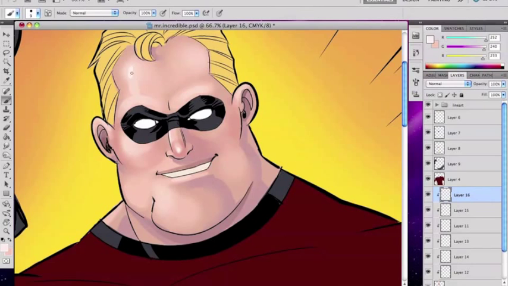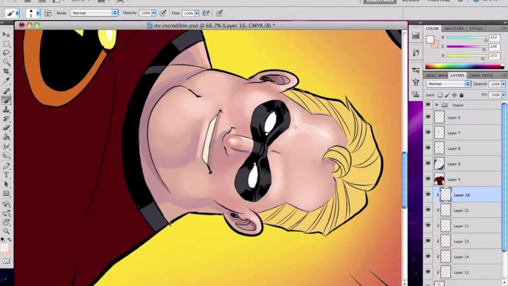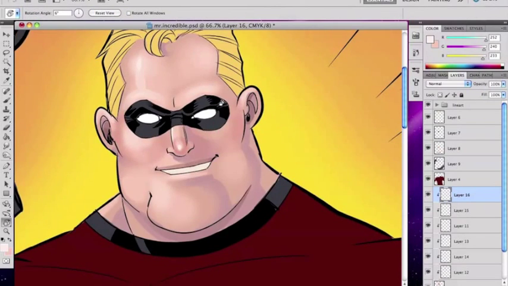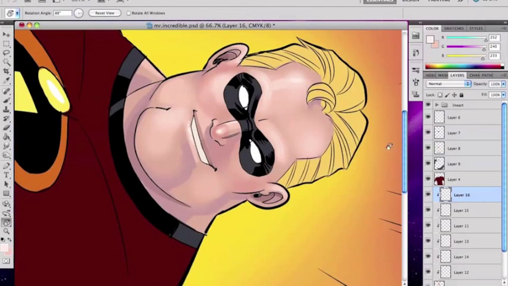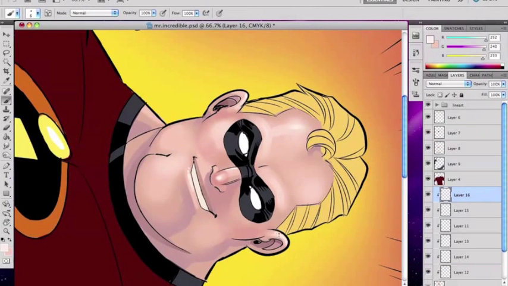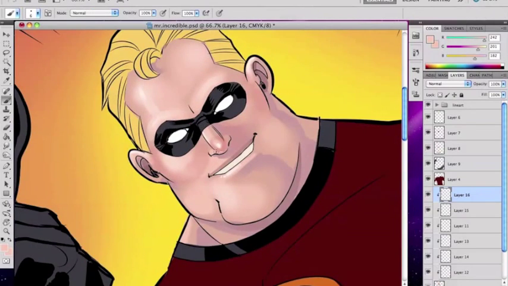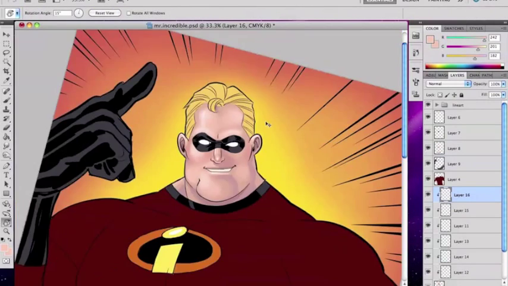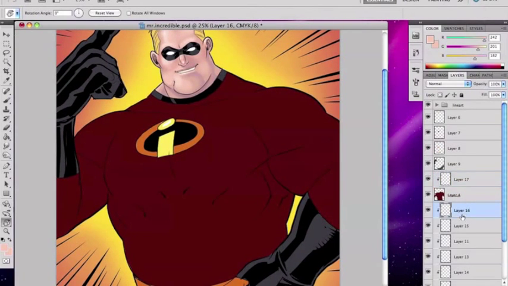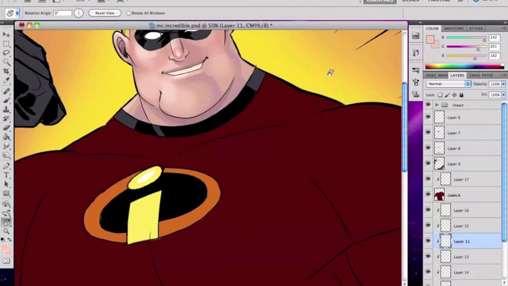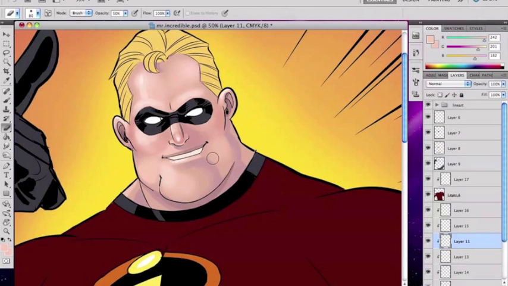Doing a little rim lighting on his nose there and on his forehead. The highlights is usually where I'm done when I'm doing the skin. Sometimes I'll go back and add a little bit more shadow if it seems appropriate. But I'm trying to pick the right areas that I think the light would bounce off the most for the highlights. All right, now I'm gonna go back into his face here and add a little bit more